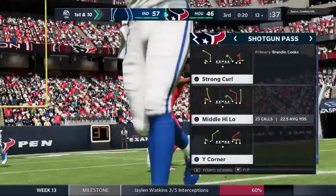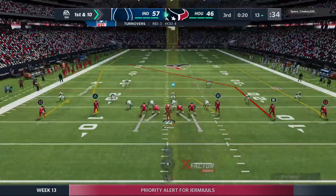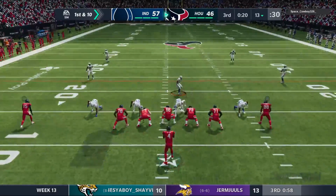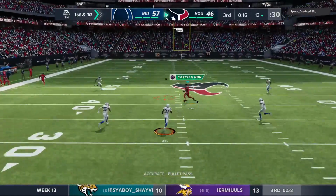Those INTs all sting, but you throw one in the red zone, I think especially as a rookie, maybe it stings a little bit more. I think what you're saying is they don't all count the same, do they? Right? Interceptions in the red zone that you've given up points now, those are precious, so you have to...